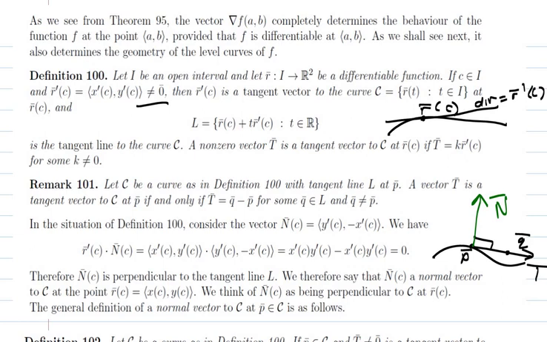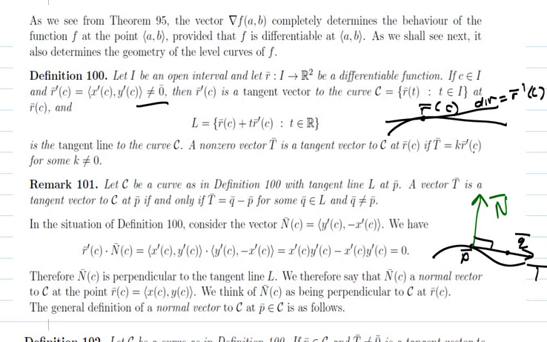Let C be a curve as defined in the definition we just had, with tangent line L at point P. Looking at this figure, a vector T is a tangent vector to C if and only if, if you take another point Q on the tangent line and you subtract the two, Q minus P, which is this vector from P to Q,